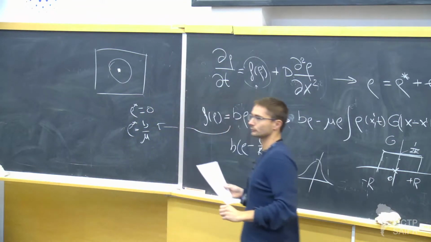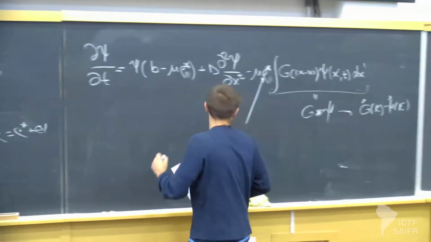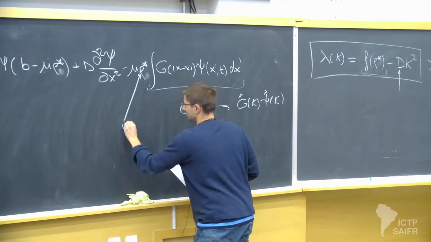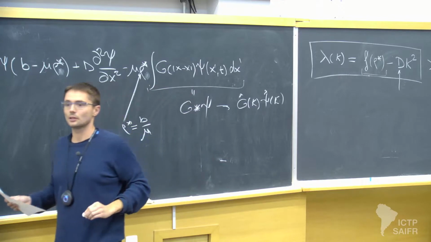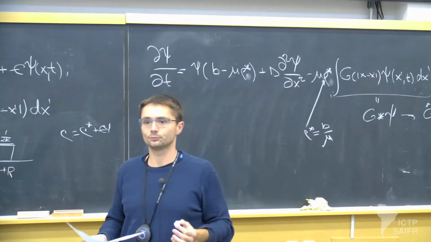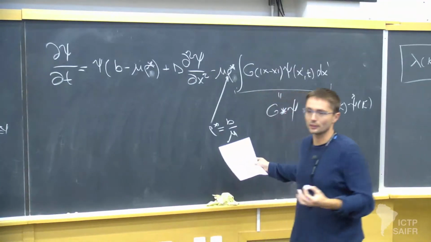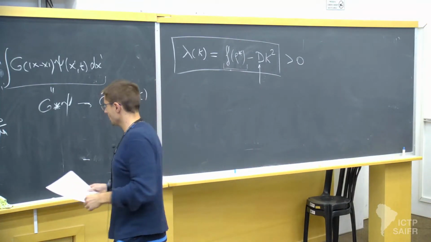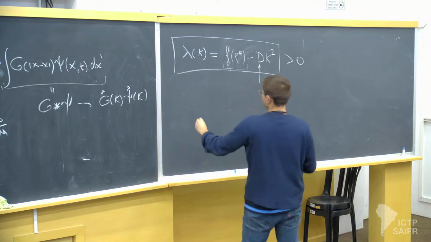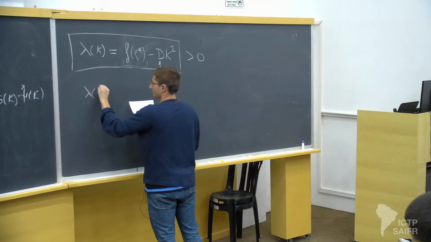Yeah. So rho star is B over mu. Okay? 0, I know. I'm interested in the solutions around the fixed point that has population. Well, and then at the end, we get